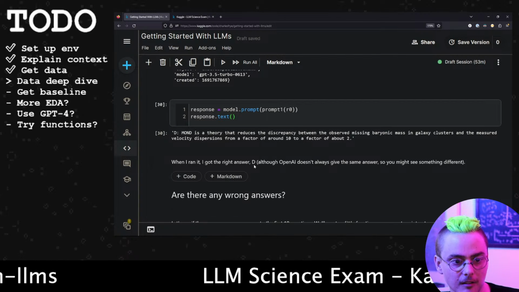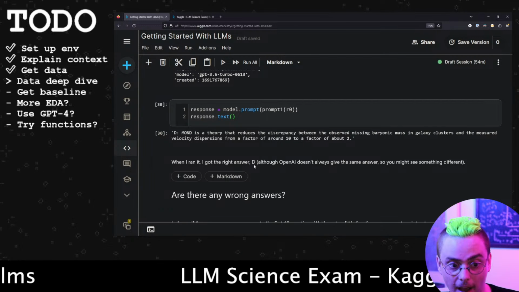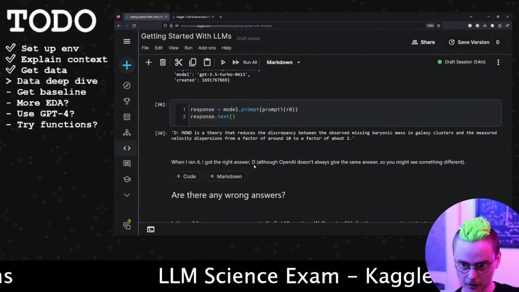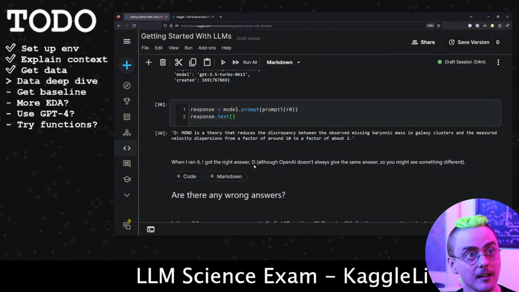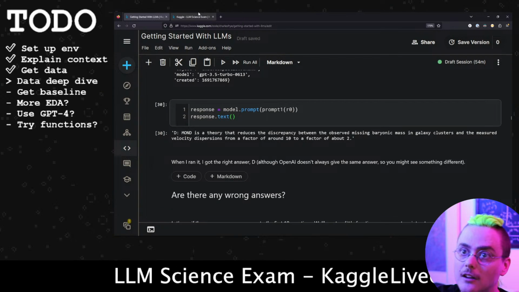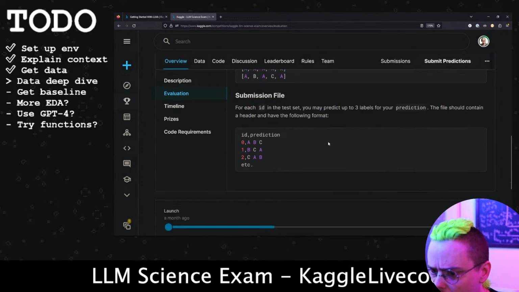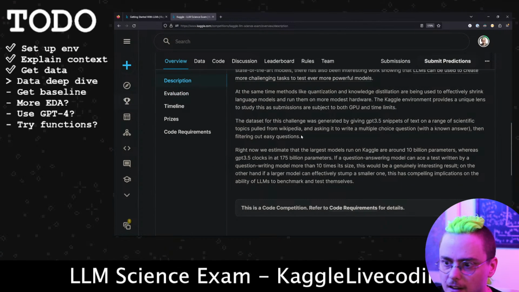Okay, and now a question from Saif Mohammed. Does the type of data affect the performance of the model, especially here in the context of the competition? What is good data for fine-tuning? How do we know these type of questions are a good fit to fine-tune the model? That's a great question. So I think it depends a little bit on what the evaluation looks like. We can take a look at the evaluation section here. I think they might mention, oh, it's not in the evaluation section. I think it's in the description.